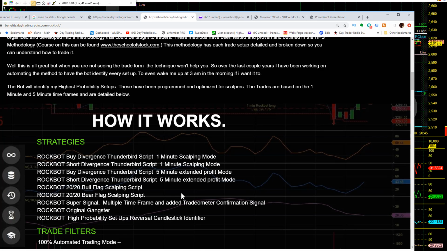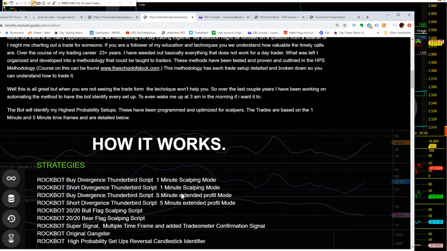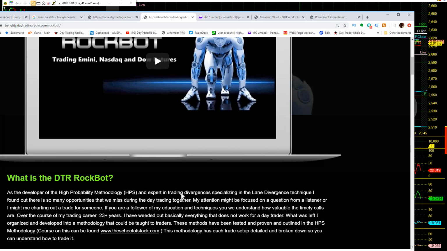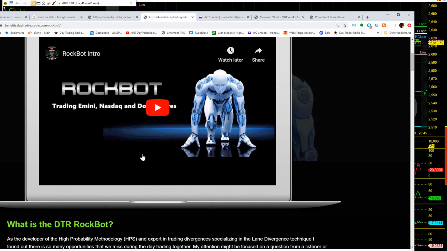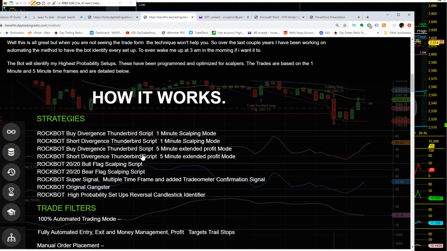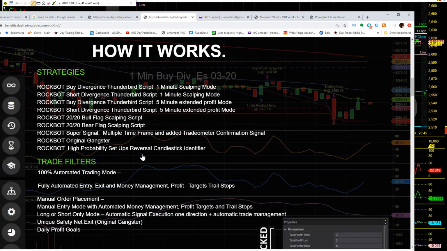You're going to get a set of scripts that you're going to run on your NinjaTrader. The scripts have to run on the NinjaTrader platform, and NinjaTrader is its own charting service. So you really have to step up and have the NinjaTrader service to be able to use this. Now there are different options and such. I'm not really